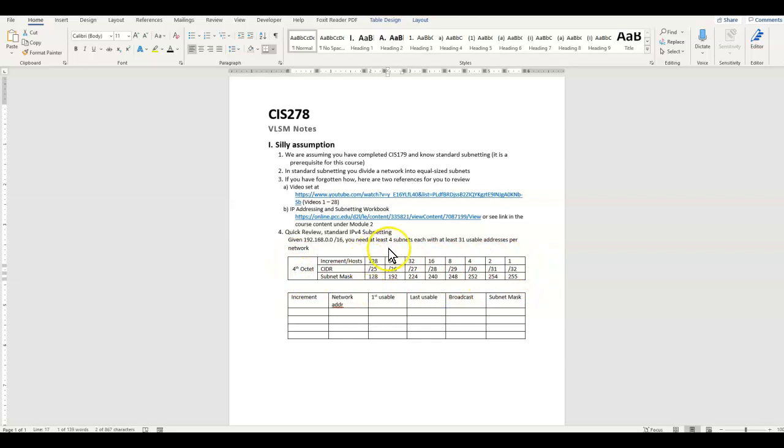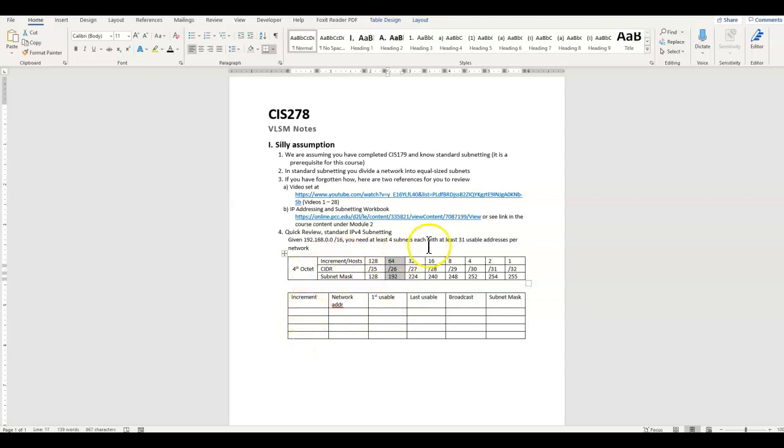And we can see from this chart that if I want 31 usable addresses, and here's the number of hosts up here, it looks like I could get it from this column right here. Unfortunately, I can't get that column to highlight. There we go. Unfortunately, we have to subtract 2 from the number of hosts because we're going to give up 1 for the network address and another one for the broadcast address. So we really could only get 30 usable hosts out of this column. So we're going to have to jump over to this column and use it. So now we know that we have an increment of 64 in the 4th octet.